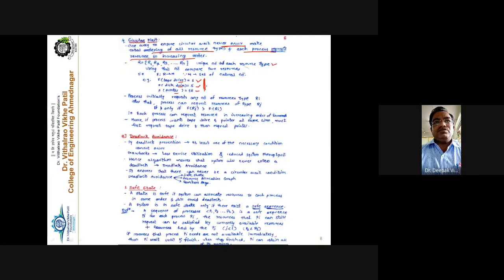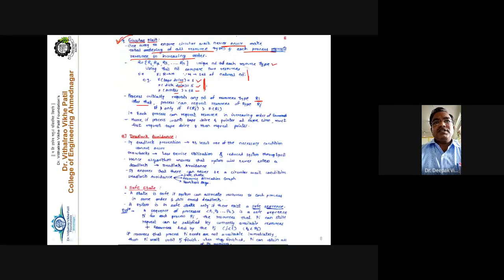Numbers are assigned to each resource, and using these numbers we compare two resources. We compare the resource numbers in order to prevent the circular wait condition. A process initially requests any number of resources of type Ri. For example, before starting execution, the process can request any number of resources, like R1, R2, R7, R15, R100, or any number.